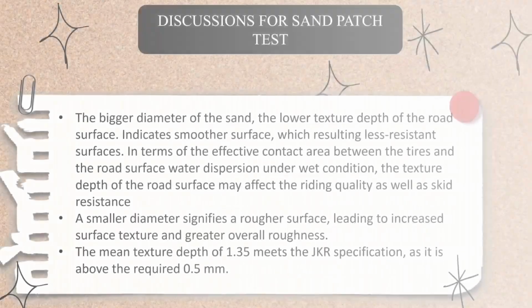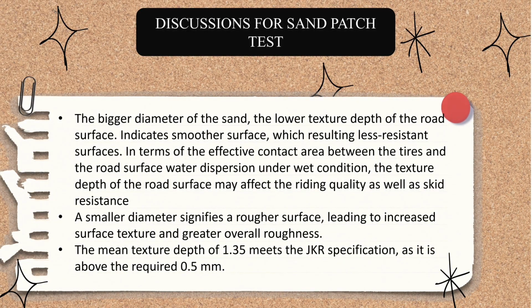Lastly, for the discussion of this test, we identified that a larger sand patch diameter will indicate a smoother road surface with a lower texture depth. This implies reduced resistance and less effective contact between the tyres and the surface, which may affect water dispersion during wet condition. Other than that, a smaller diameter represents a rougher surface with higher texture depth, enhancing surface resistance and